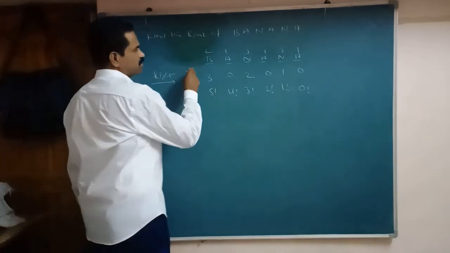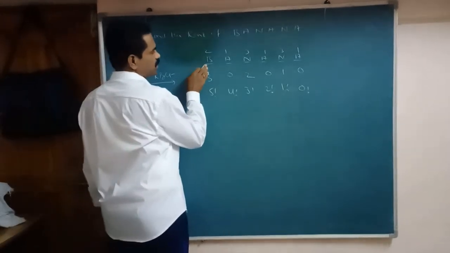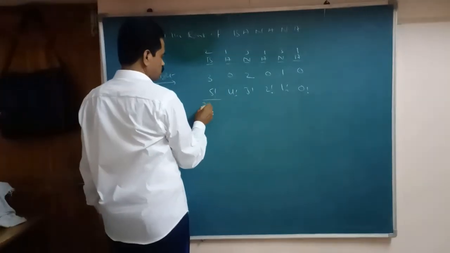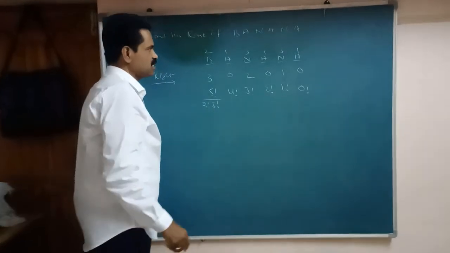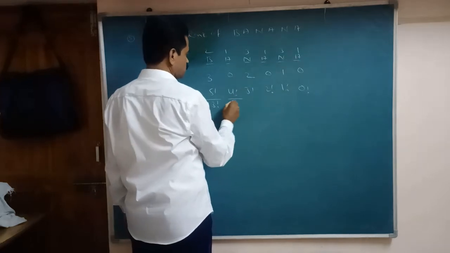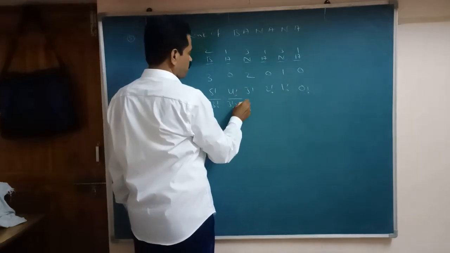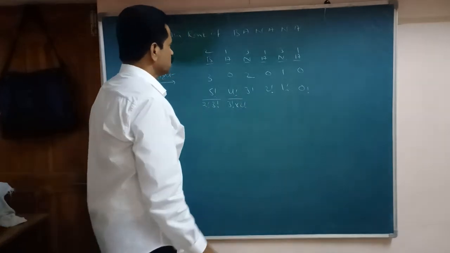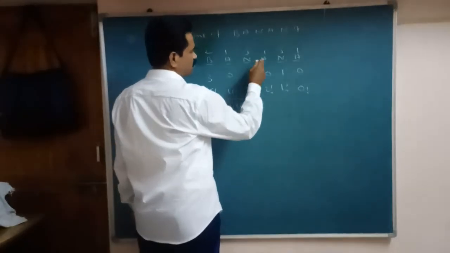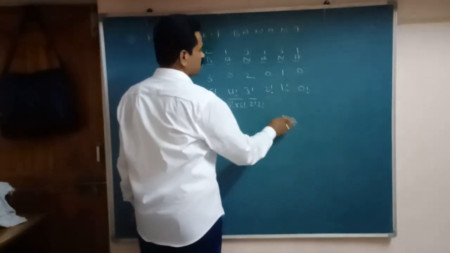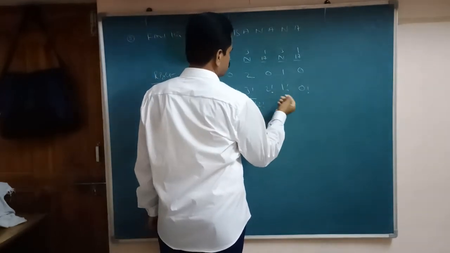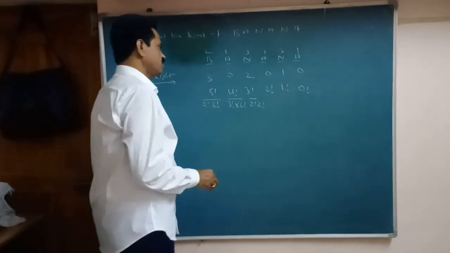So here including B from left to right, including B, what are the repeated numbers? 1 2 3. 2 n's, 3 a's. That is 2 n's is 2 factorial, 3 a's is 3 factorial. A including A, how many A's here? 3. 2 n's. It is also 3 factorial into 2 factorial. Next 3 including B, 3. How many here? 2 factorial into 2 factorial. 1, leave it here. 1, N, leave it here. 1 only. So next 0, leave it here.